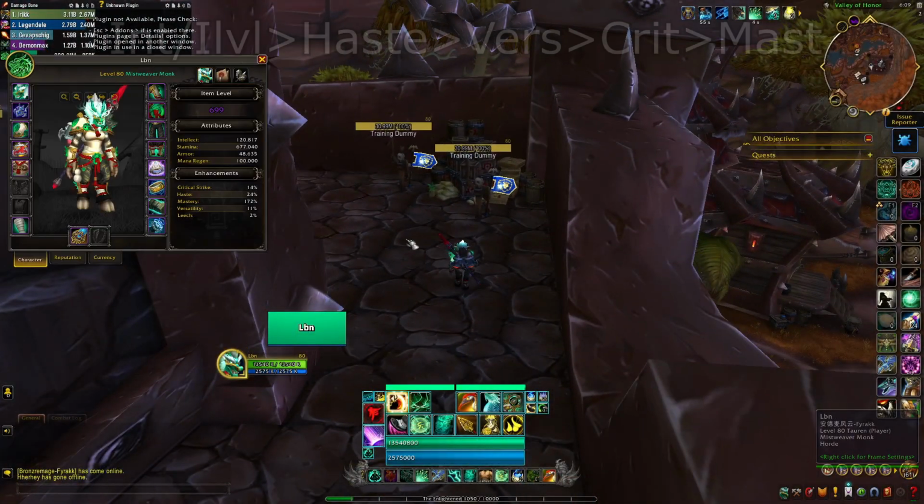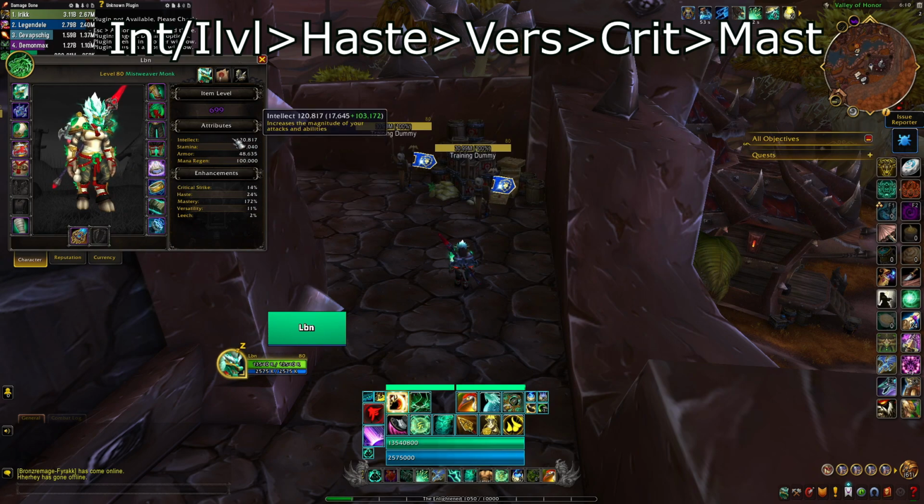Starting with stats, as you level your character, just look for intellect and item level for the biggest boost. Once you're geared or given an option between two similar items, your secondary stat priority for this build is haste, then verse, then crit, then mastery, with haste being a clear front runner and the other three being fairly close